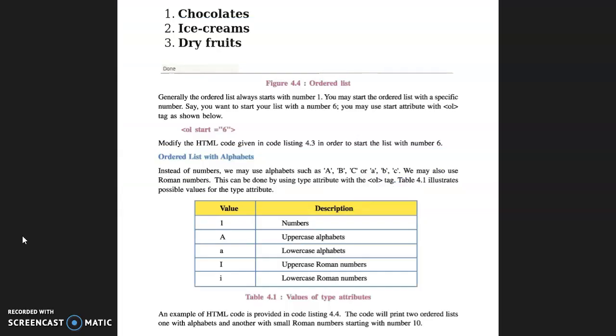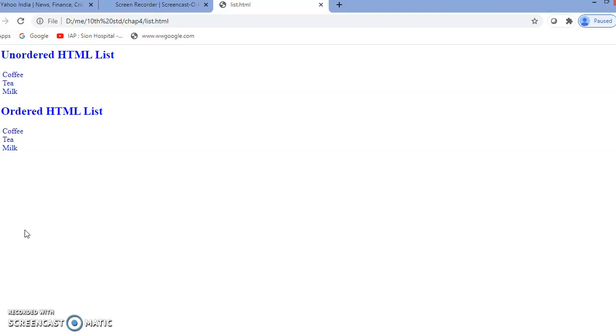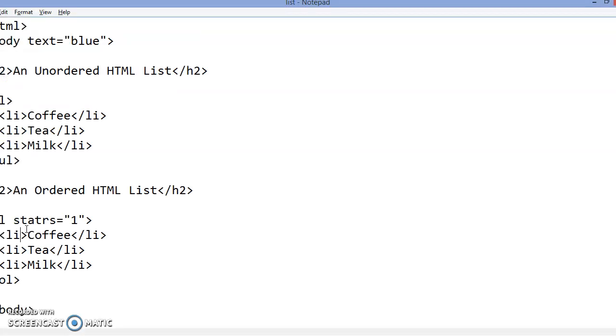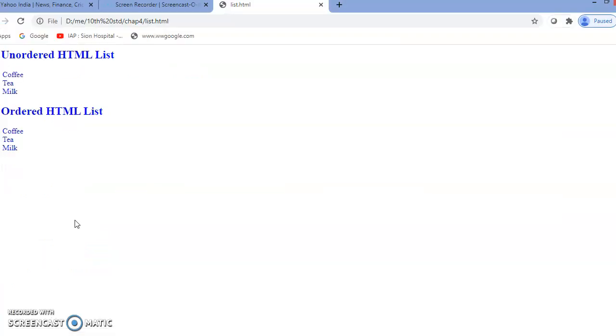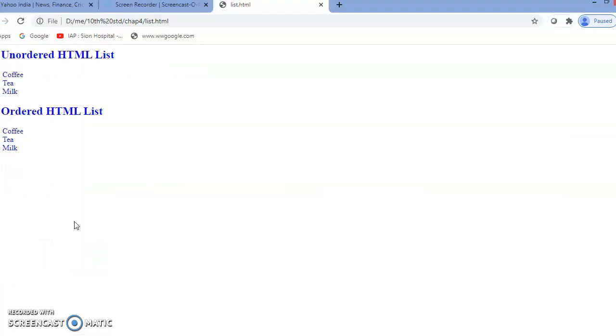It will come 1 2 3. If suppose I write here OL start with A, it will come ABC. Or 10, it will come 10 11 12.